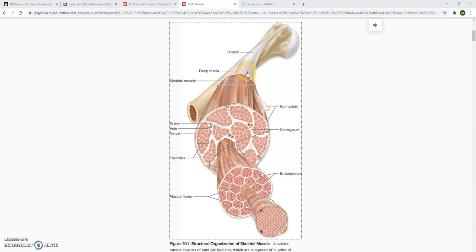And then realize that those three are going to continue. This is where the skeletal muscle ends. Those three connective tissues, the epimesium, perimesium, and endomesium, will continue even when the skeletal muscle stops. They'll merge together and continue, and they will form tendons that will then attach to the bone. So they're there for attachment as well as insulating and protecting the skeletal muscle cell, or skeletal muscle organ. Okay, so in the next video, we'll talk more